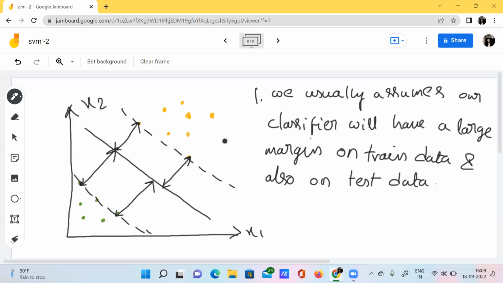We usually feel this margin will be wider, that is, this margin will be larger in size, both on the train data and on the test data.